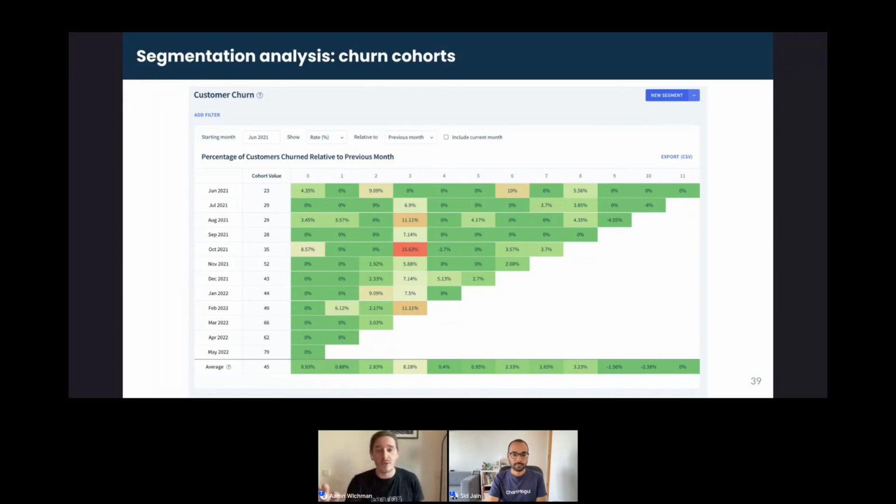And just like all of the charts in ChartMogul, you can use these same filters that we were using before and look at churn cohorts, look at retention cohorts, toggle between all of the charts. You can look at churn by plan, like we were looking at before. You can look at churn by region, churn by marketing channel, for example, or even individual sales or success rep. And you can also see the flip side of this and look at the retention cohorts as well. But then moving on,